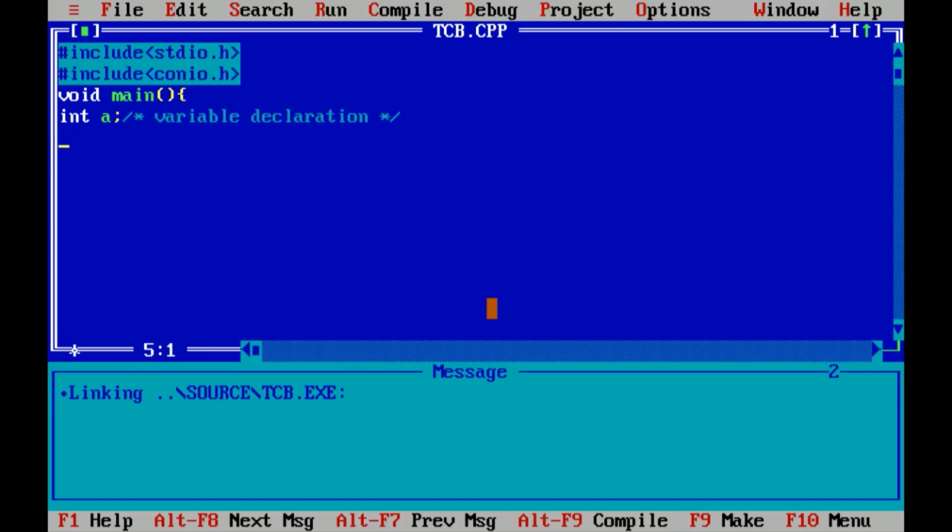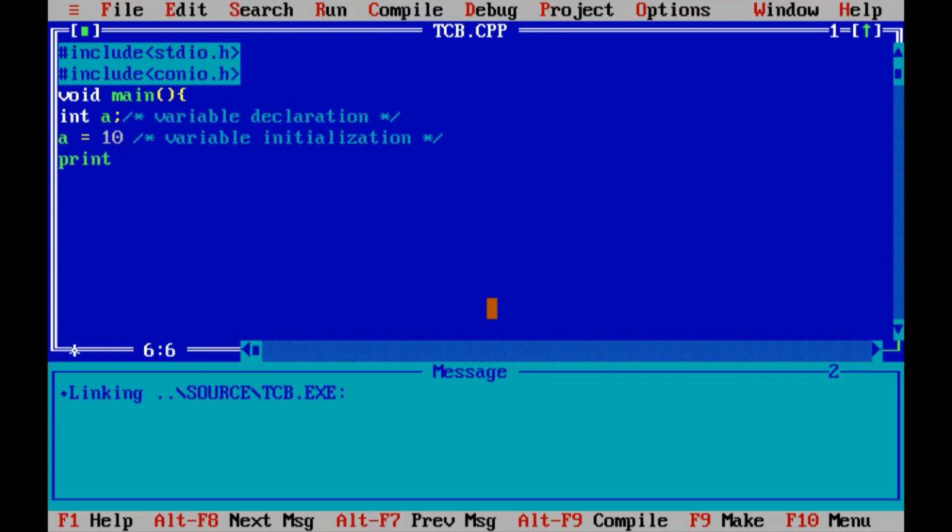Okay. Now I am assigning value to variable a for first time, that is value 10 assigned to a. As I am assigning value 10 to variable a for first time, hence this is variable initialization. Now let's check my value 10 is stored in variable a or not, that is variable a is initialized or not.